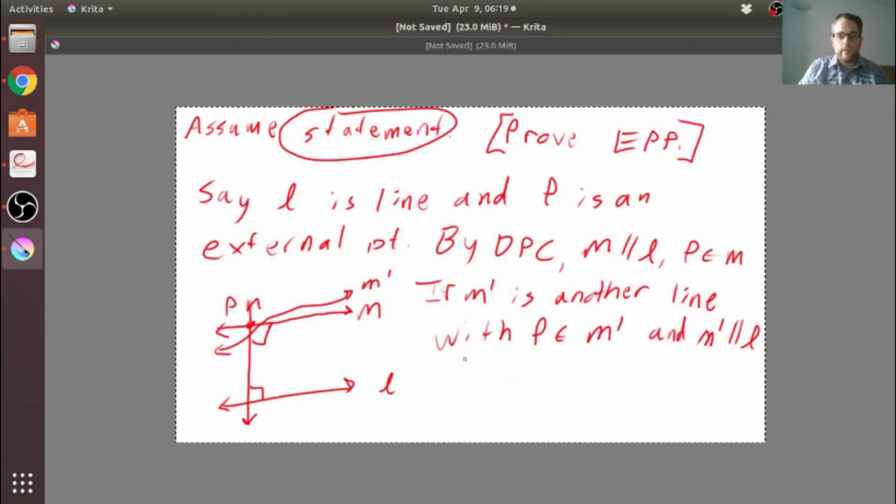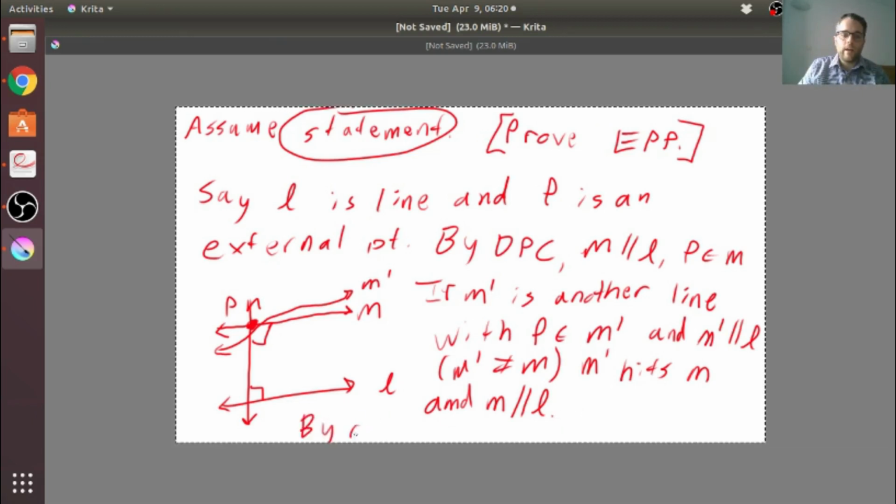M prime, right? Let's assume M prime and M are different. This is a line which is different than M, but intersects M. So M prime hits M. Right? They hit each other. And we've assumed that M is parallel to L at the beginning. So by our statement, by assumption, the assumed statement,